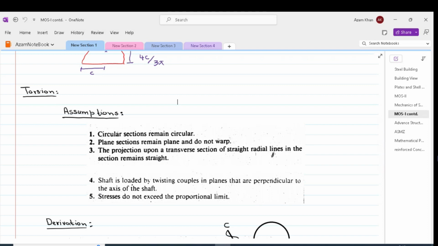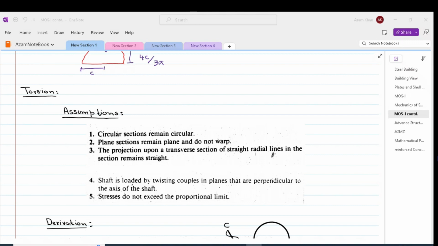Let us now discuss torsion of structure components. Torsion refers to the twisting or rotational deformation of a structural element when subjected to torque or twisting moment. In other words, it is the result of a force that tends to rotate an object around an axis. In this presentation, we will consider deriving and applying the twisting and torsion moments onto circular shafts or closed thin